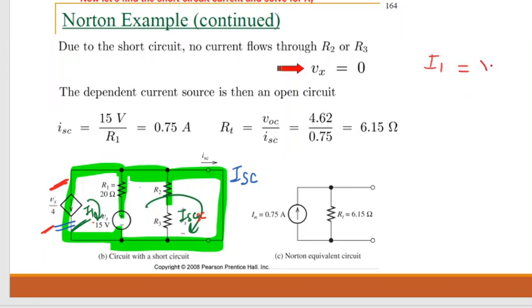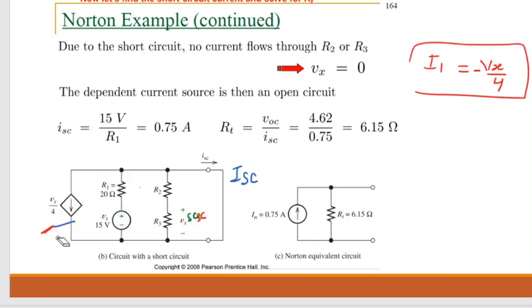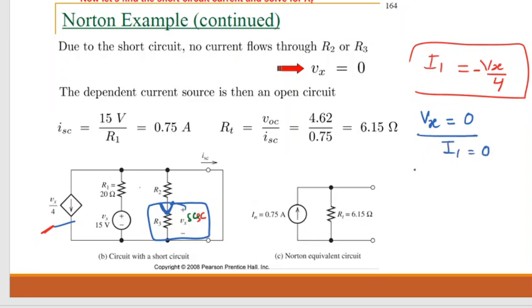Direction of I1 is here. What is according to I into R, but there is no current flow. I1 is now only